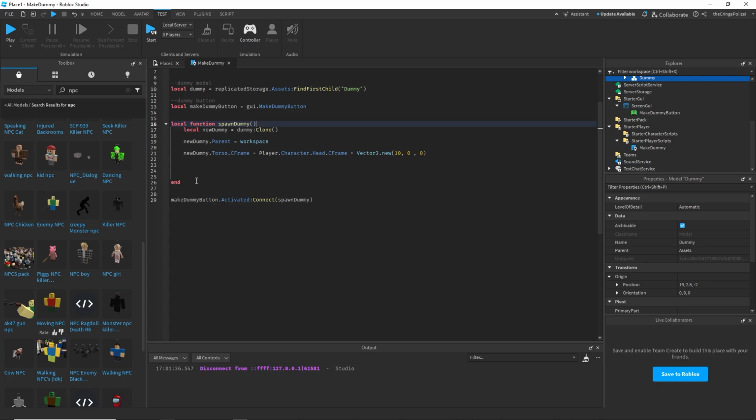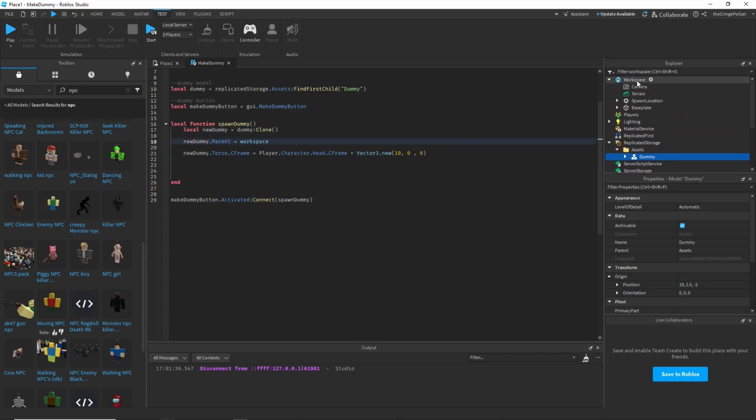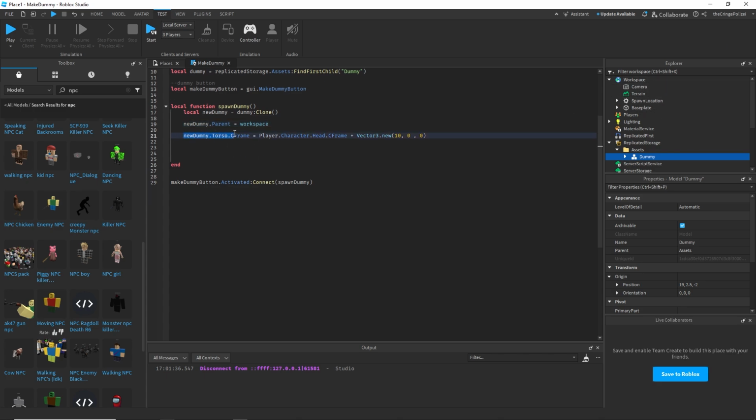And then we have one simple function. All we do is we clone the dummy and make a new dummy. This could be called whatever you want. Again, it's a variable. We set that new dummy's parent to the workspace, which is right here, so it actually exists. And then we set its position. I know this looks a little weird. We basically just set its position to the player's head's position